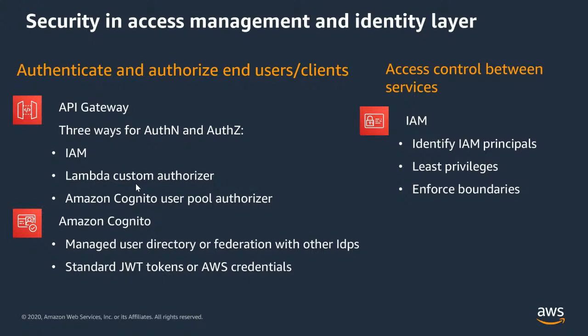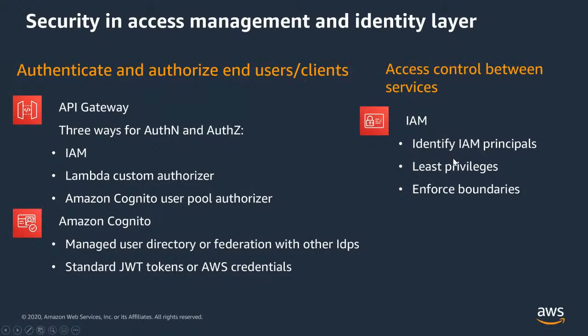So you could write custom code inside, right? You want to just do basic email and password? Well, it's up to you. You can just write that code inside, or it has to talk to a third-party API, you could do that. You can also look at Cognito's user pool. Cognito allows you to create user pools, and it also allows you to create a user directory or federation with other directory providers or even social login providers, like Google or Facebook. You could create those identities over here and then map them. You can also look at creating standard JWT tokens or AWS credentials.